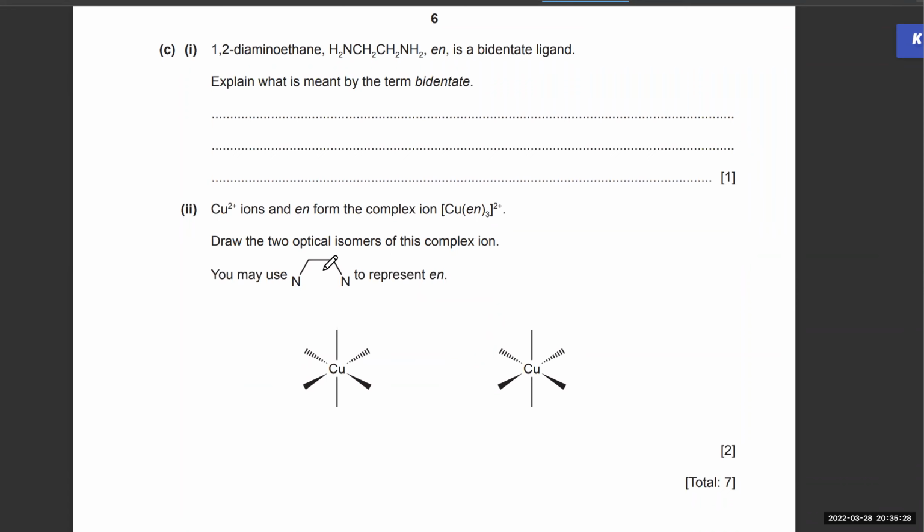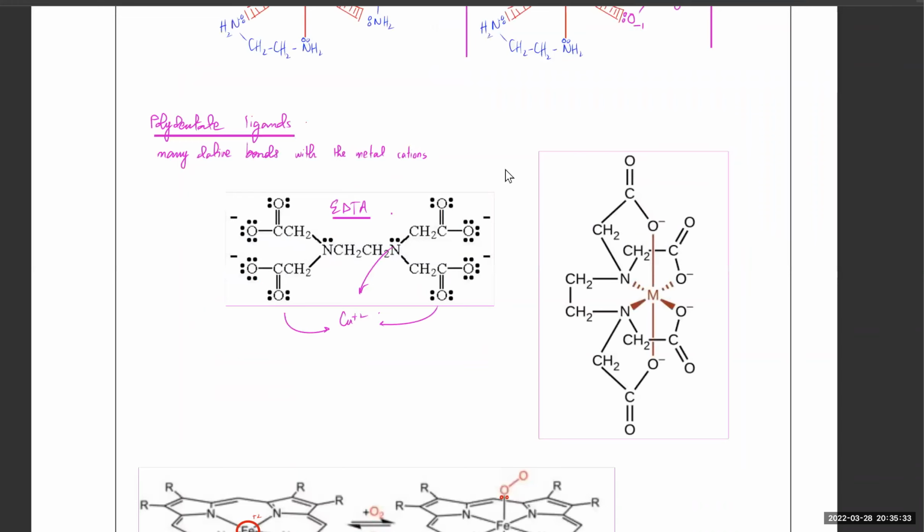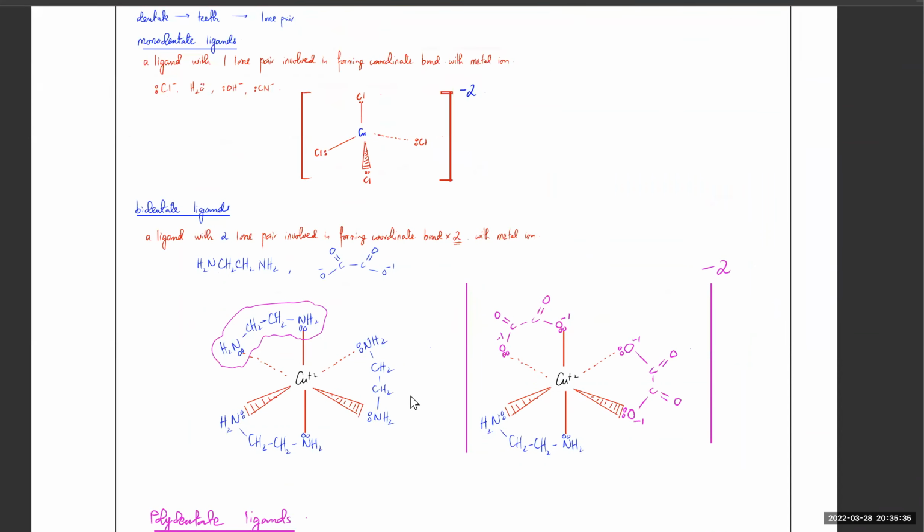And he's asking you to draw a complex ion. Again, it's exactly the same thing. Whatever you've done in the notes, that's exactly the same thing. So you just have to